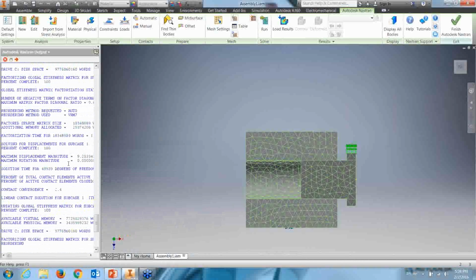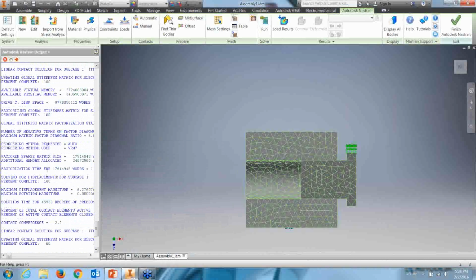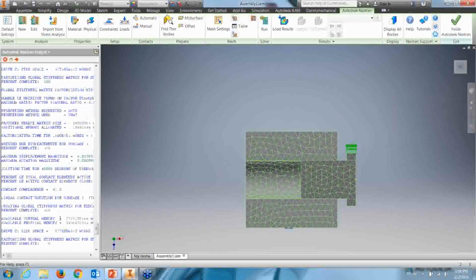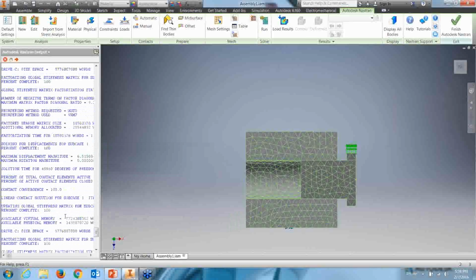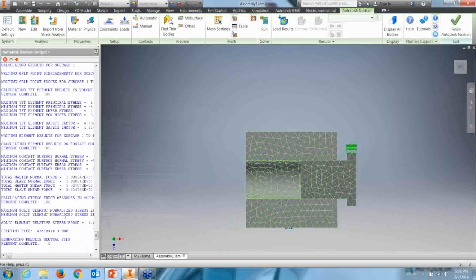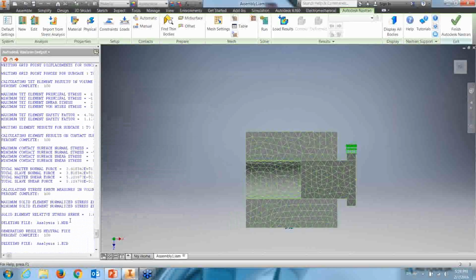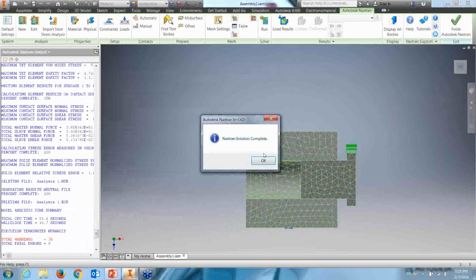All right, so now we can see the model's running, it's converging. We got some contact convergence there, so it's probably going to take a minute or so for this to run, but we'll just get an idea of what the linear solution looks like, and then we can talk about the nonlinear solution. Because we'll see that the linear solution works perfectly fine, but once I change that over to a nonlinear solution, it doesn't work. So why is it not working? All right, so it completes,